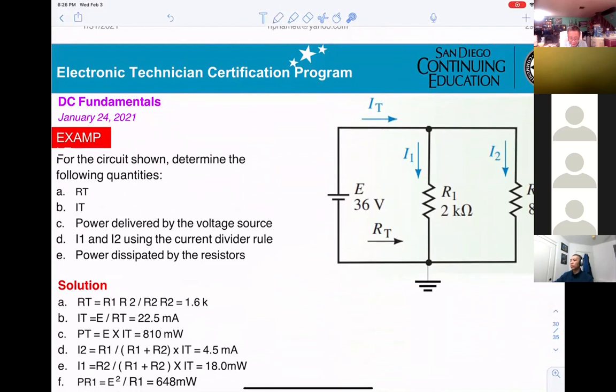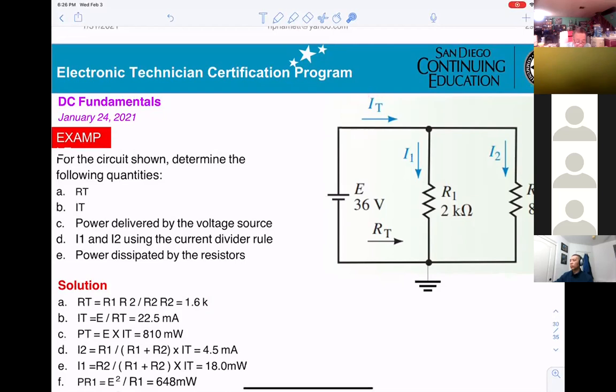Now, they gave you this circuitry with the 36 volt. R1 is 2K, R2 is 8K. They want the total. So basically, you're using R1 times R2 divided by R1 plus R2. That's why you get 1.6K. Okay. Then, if you want to calculate the total current,